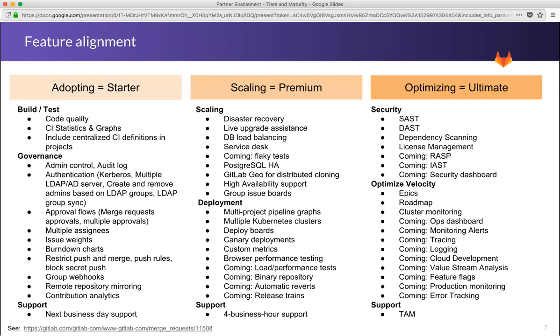And this includes build, and this includes auto test, so the CI. And then moving from there into premium, we can see that this is about scaling up, like I mentioned, right? It has high availability support, geo redundancy for distributing the code as you get more and more organizations involved, group boards for working across more of the organization, but being able to see all together the issues that you're working